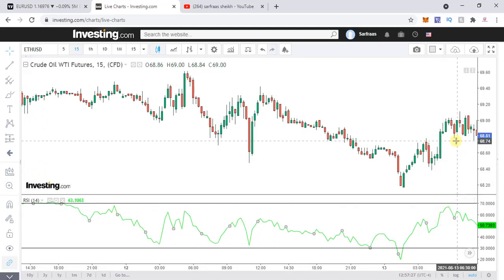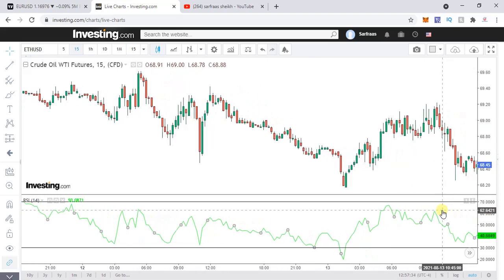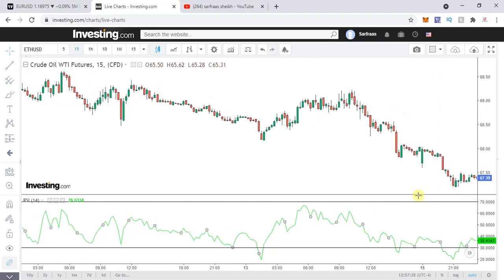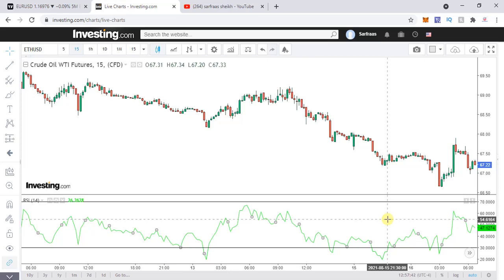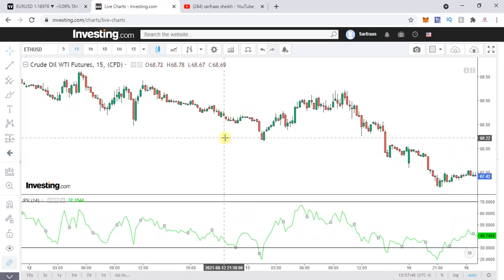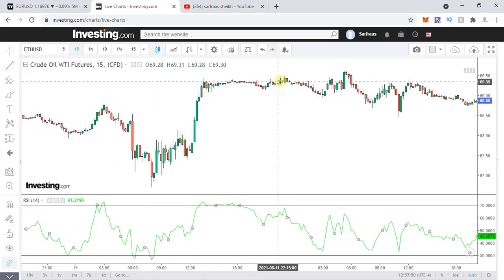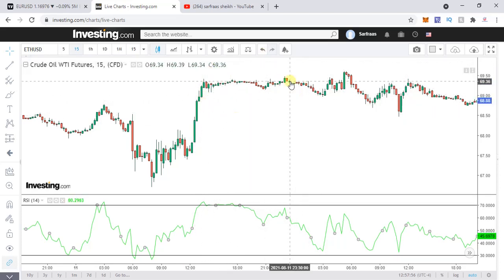Now until and unless it goes and hits the oversold zone, the price might consolidate and further move up. So you see now again it is moving down over here. So this is basically the overbought and the oversold zones. But as I had shown you, in this particular phase there is no momentum over here. The RSI is somewhere over here only.